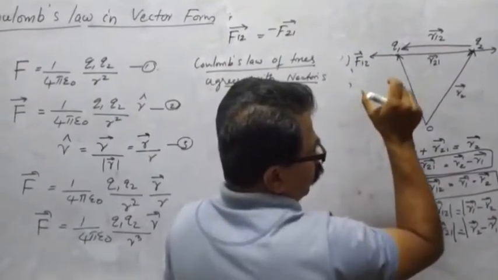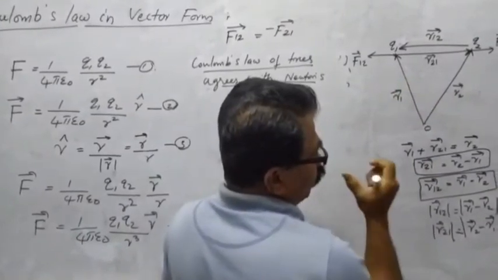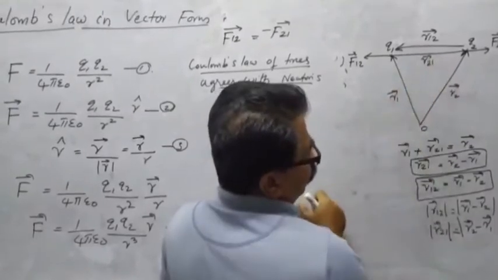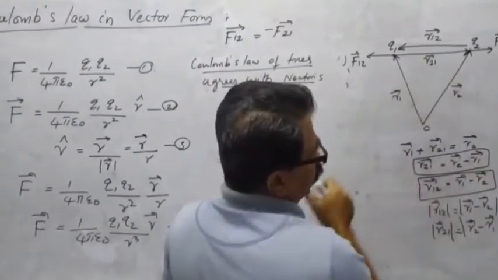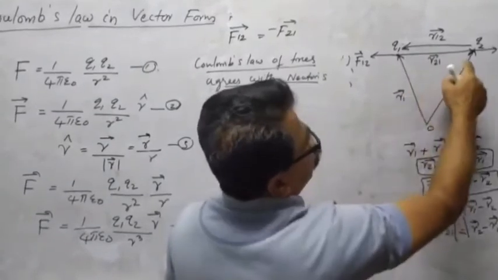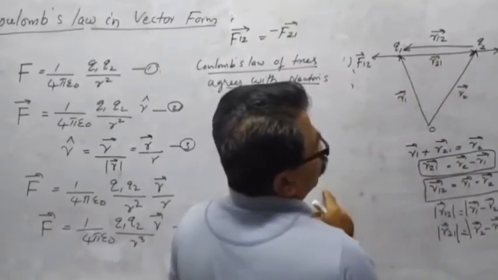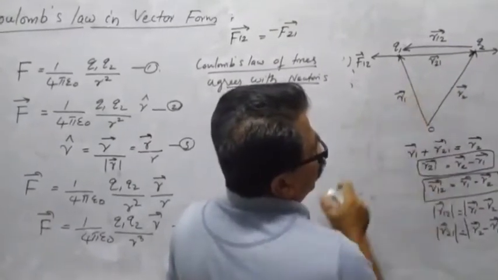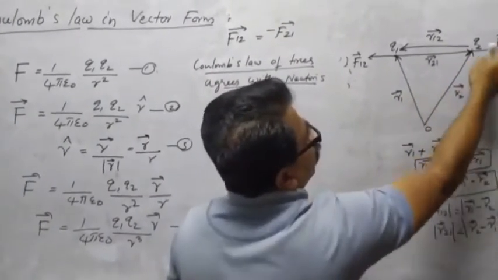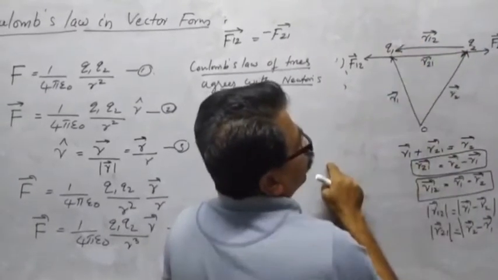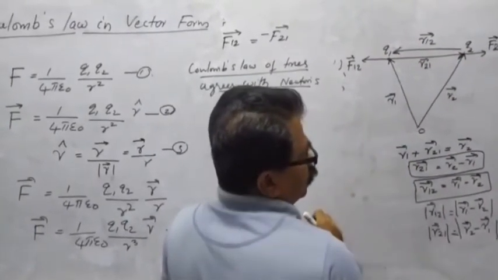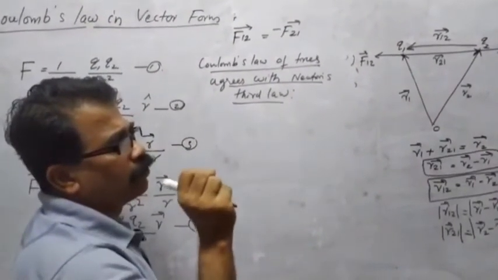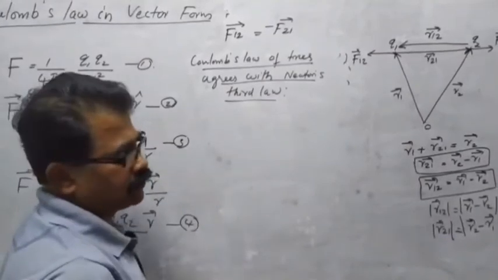That is, when the two charges are the same, like charges repel, so the force F21 is along R21. But if one is positive and the other is negative, there is a force of attraction. In this case, F21 is along R12. That is force of attraction, which means that there are no separate equations for force of attraction and force of repulsion.